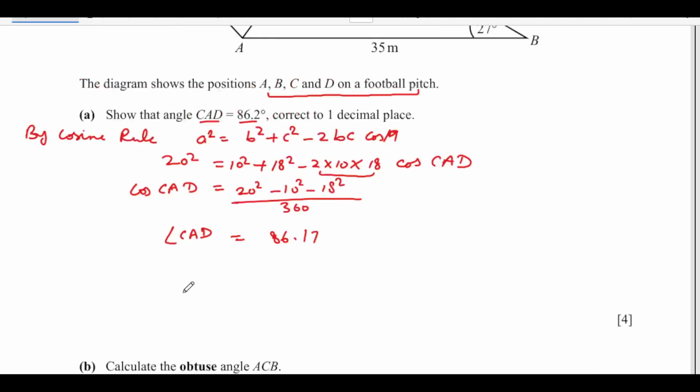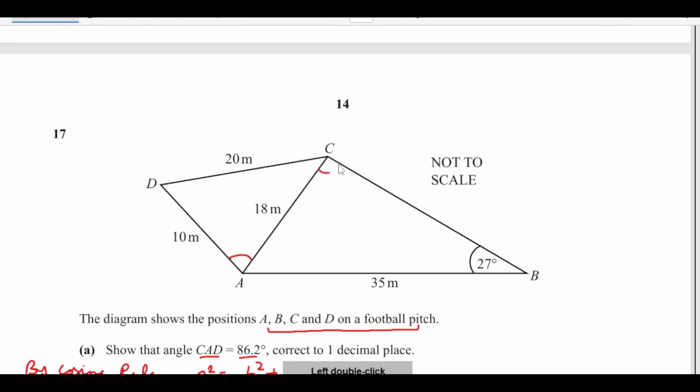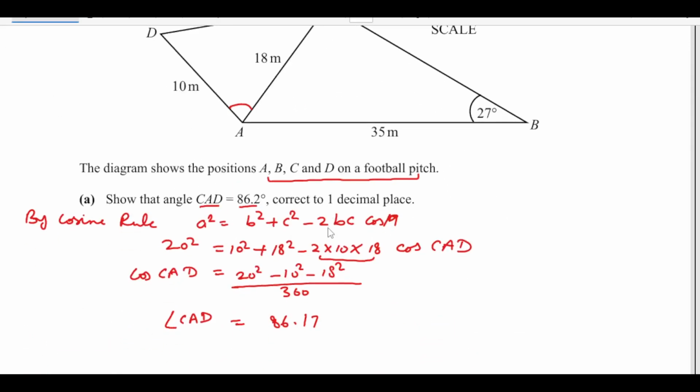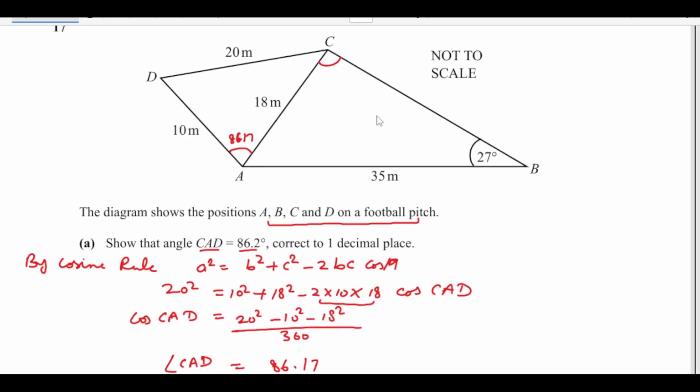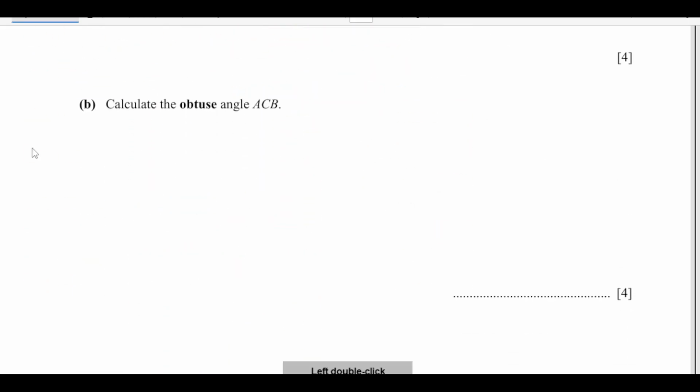Then we have the next angle, obtuse angle ACB. So angle ACB, we are looking for the obtuse angle ACB. For that angle, let me go to there. ACB is this angle here. So now we have this angle, we got it, 86.17. Now we are looking for this angle. For that we can use sine rule. So by sine rule,